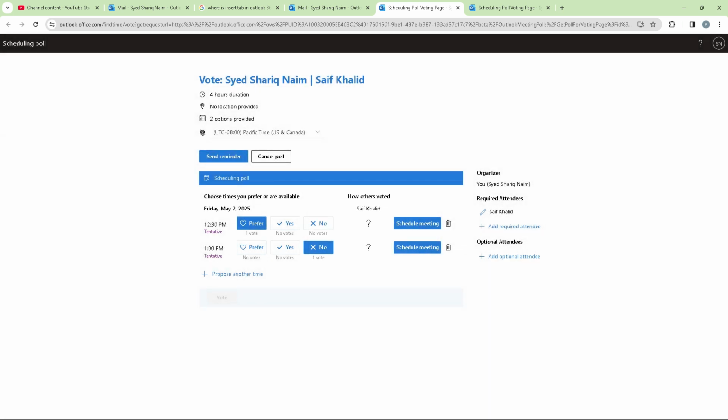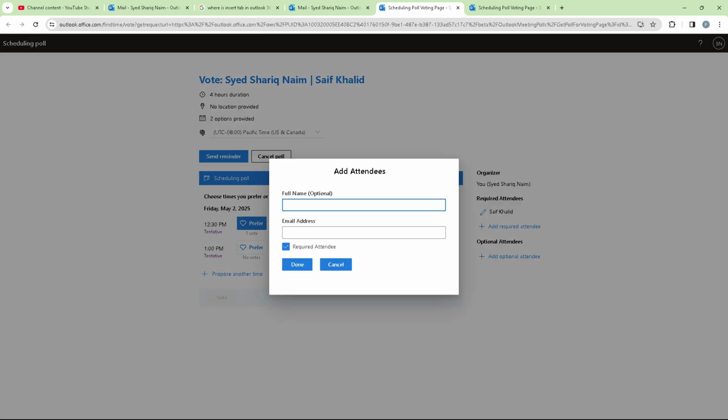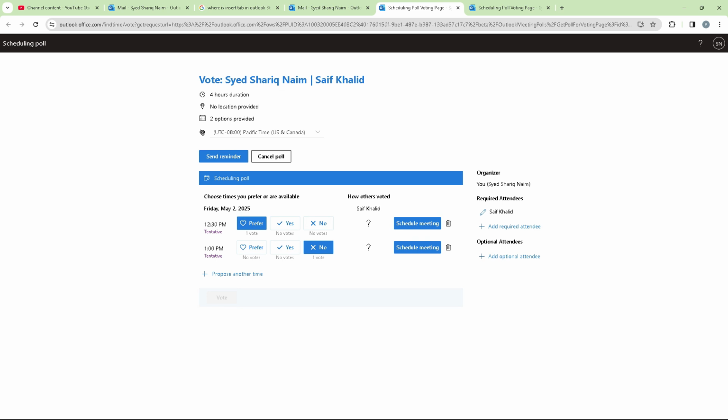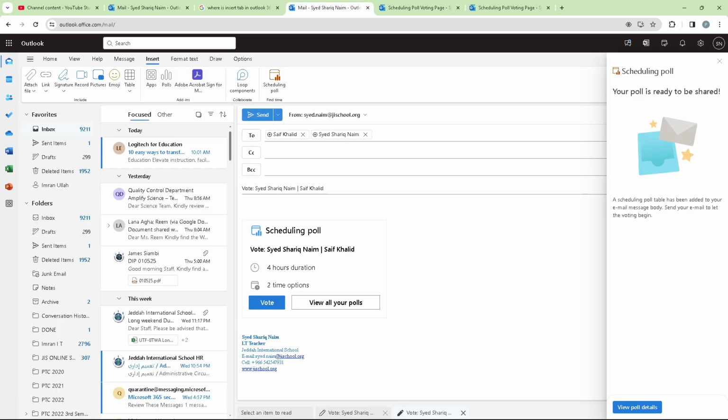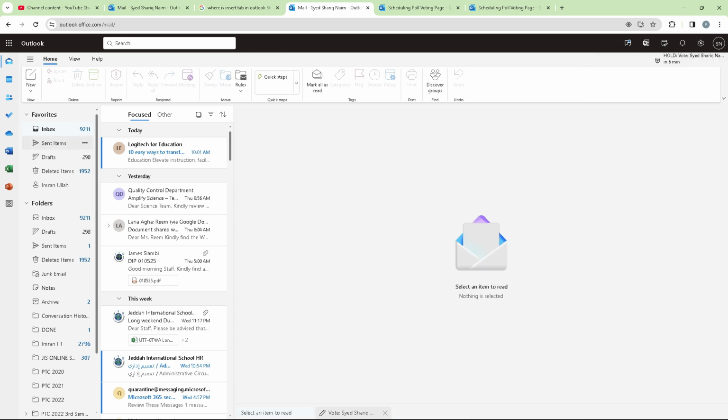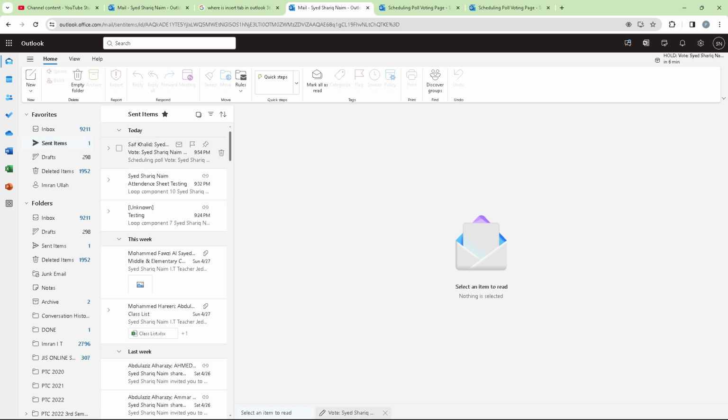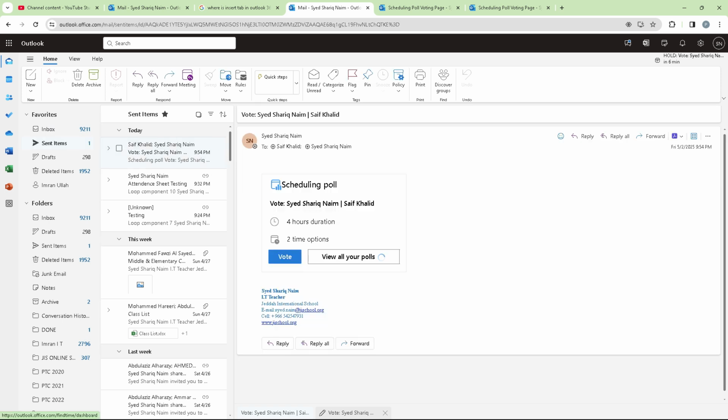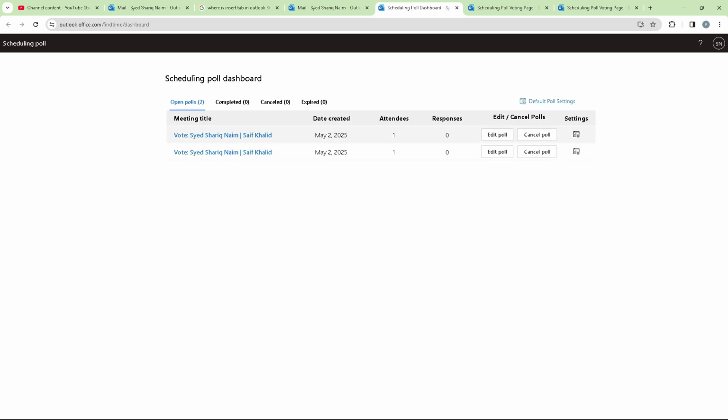You can add the attendees if you want. Okay, you can add from here, inside or outside. Okay, so after that when you come into your poll, you can see how many people said yes and how many people said no. Suppose I send this poll. Okay, now I come into sent items. I click on new, view all your polls, and I can see